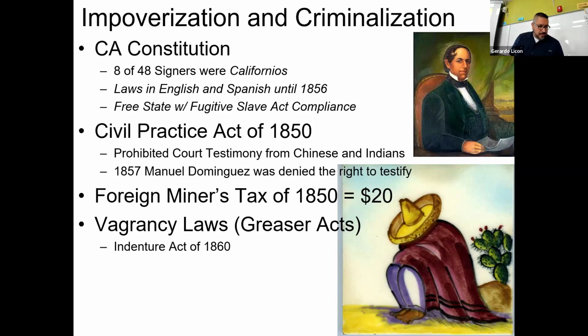And so there was a vagrancy law, for example, in California in 1850, where if you were found drinking or